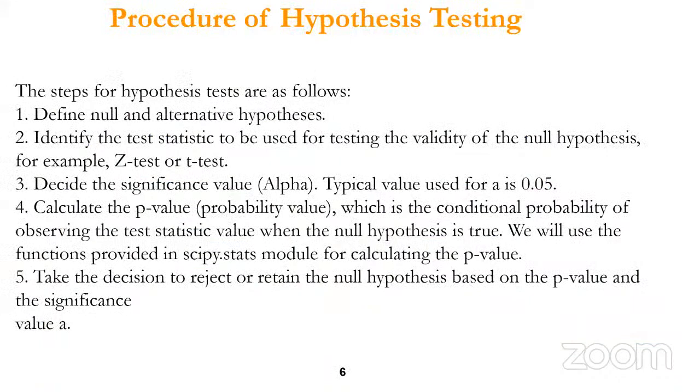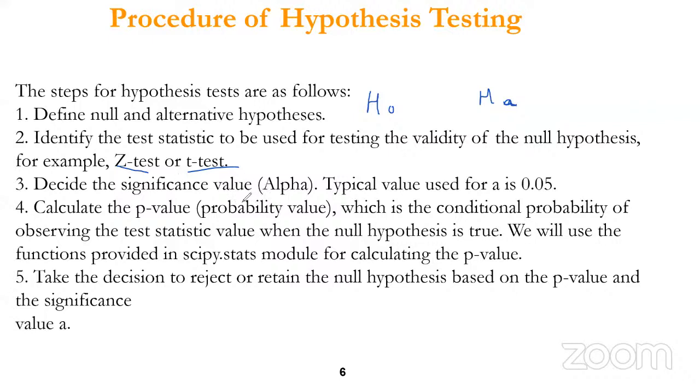Now, before we proceed, we have these many steps whenever you go to perform hypothesis testing. First of all, you need to define the null and alternate hypothesis assumptions. Now, based upon the given data, you are going to perform the test statistics. So either you will perform a z-test or a t-test. These are some statistical tests to be performed on the data to get the critical values. After you perform this test,